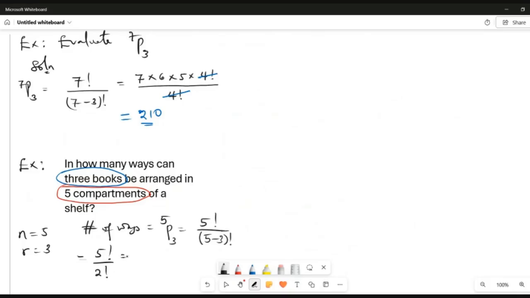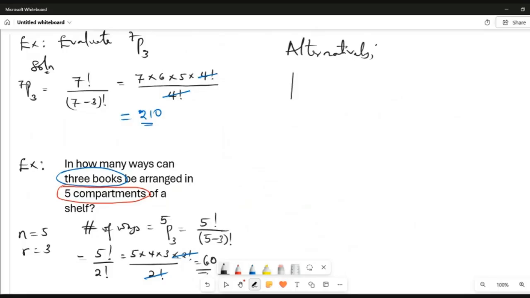And what's 5 factorial? That's 5 times 4 times 3 times 2 factorial, divided by 2 factorial. So the 2 factorial can cancel out. And then our final answer is what? 60 ways. Alternatively, understand this approach is going to help you a lot. Alternatively,